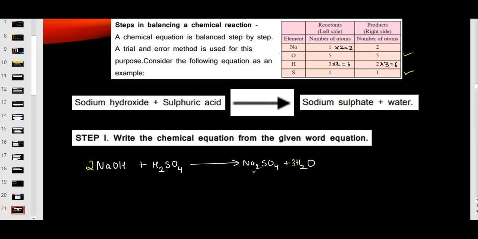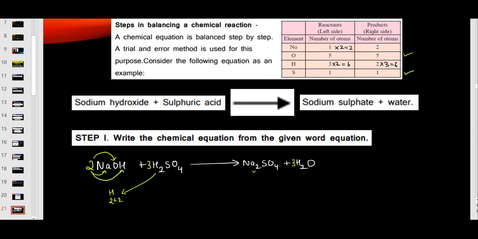Now see here what I am showing you. This 2 is also saying that sodium is 2. This 2 also says that hydrogen is also 2, and it also says that oxygen is also 2. So this 2 indicates all these elements. Remember that. Now if you see hydrogen, how many hydrogens are there here? Hydrogen, there is 2 and this one 2. So total it will become 4.